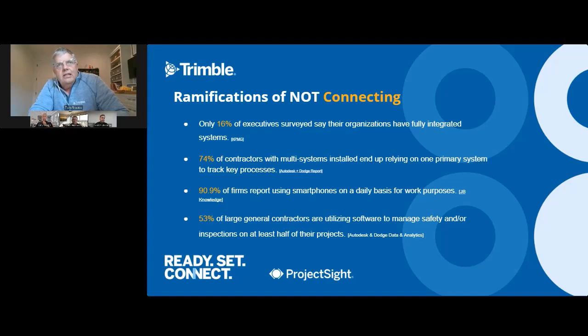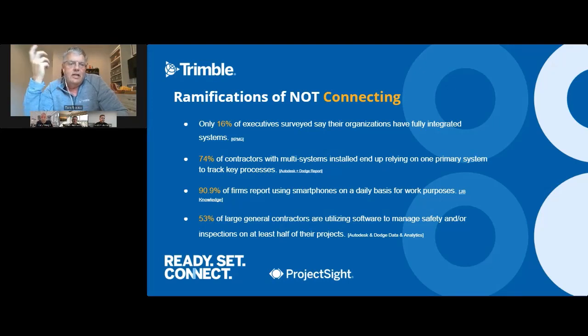But we were talking about connecting and the benefits of connecting, and that was one process, like RFIs. I see people connecting invoices, and Gary, you see a lot of it that's out there. Invoices, just basic project information, like what is the address of this project and what is the scope, contract dates, schedule dates, things like that facilitate the ability to do cash flow forecasting. So there are a lot of opportunities to connect. And when you don't connect, there are a lot of risks that come along with that.